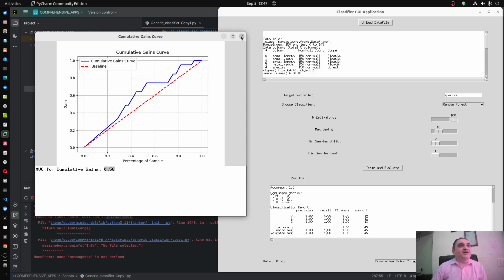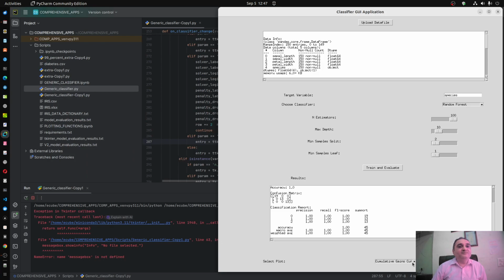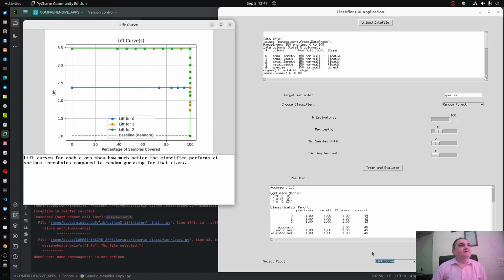Okay, and then there is this lift curve, sorry, not the calibration plot. The lift curve for class 0 is shown by blue color, the lift curve for class 1 is shown by orange color, that overlaps I think, and the lift curve for class 2 is shown by green color. And all lift curves show good lift. What does the lift curve show?